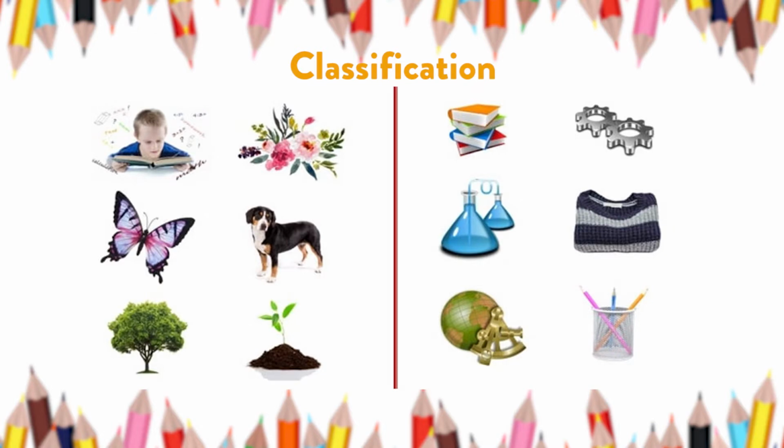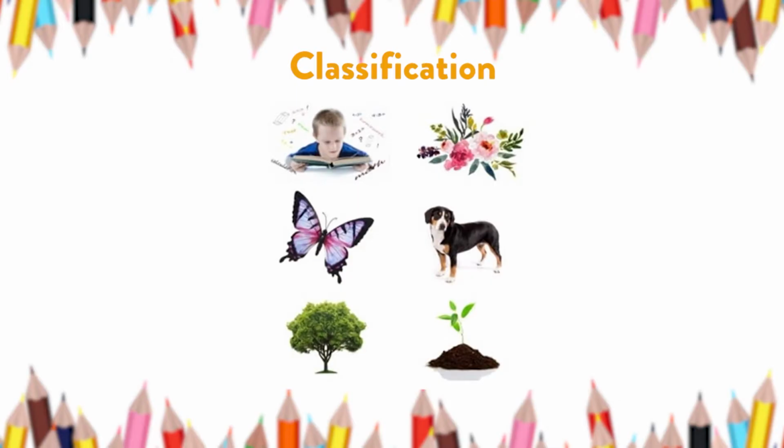Look at the pictures on the right, then look at the pictures on the left. What do they have in common, or what is similar about them? Now, if you would have looked at these pictures carefully, you would have noticed that the pictures on your left, that's the boy, the butterfly, the dog, the flower, the tree, and that plant they're growing, they're all considered as